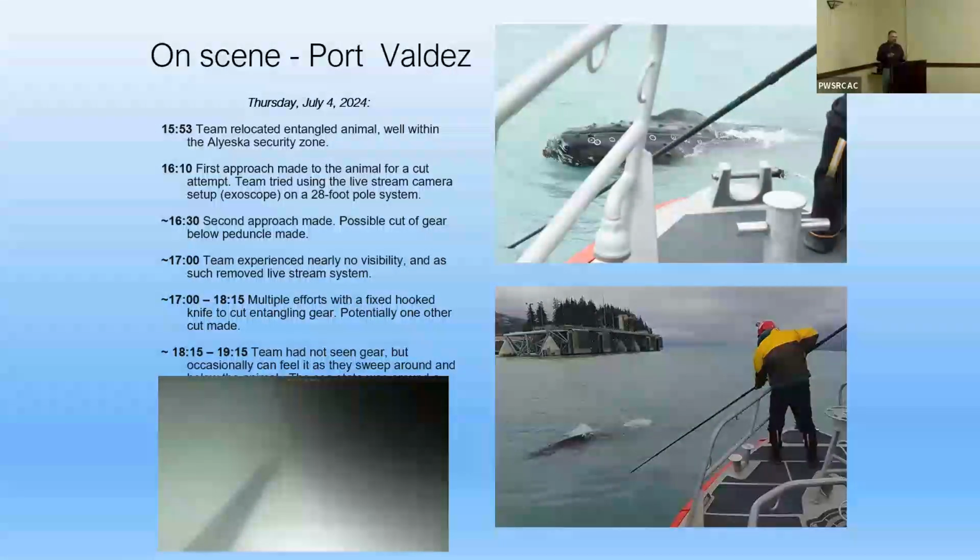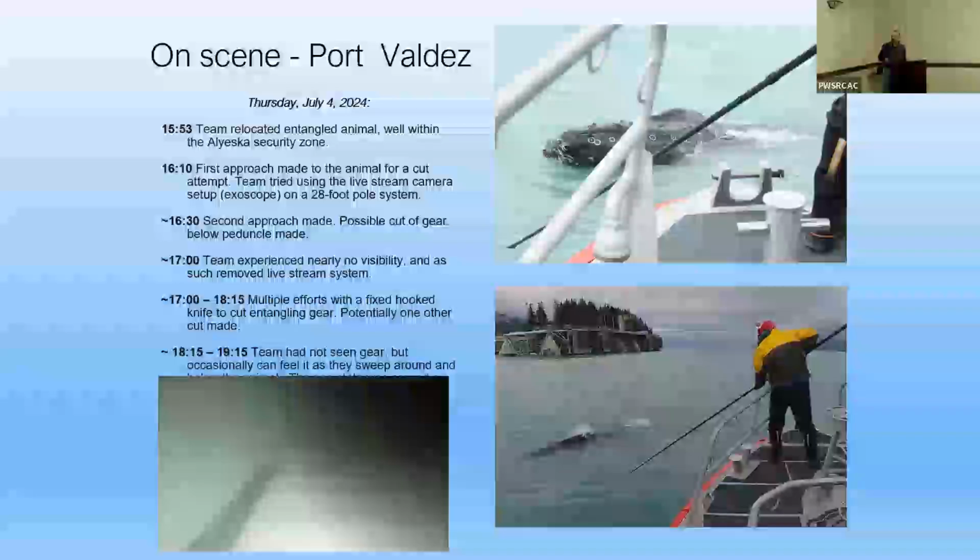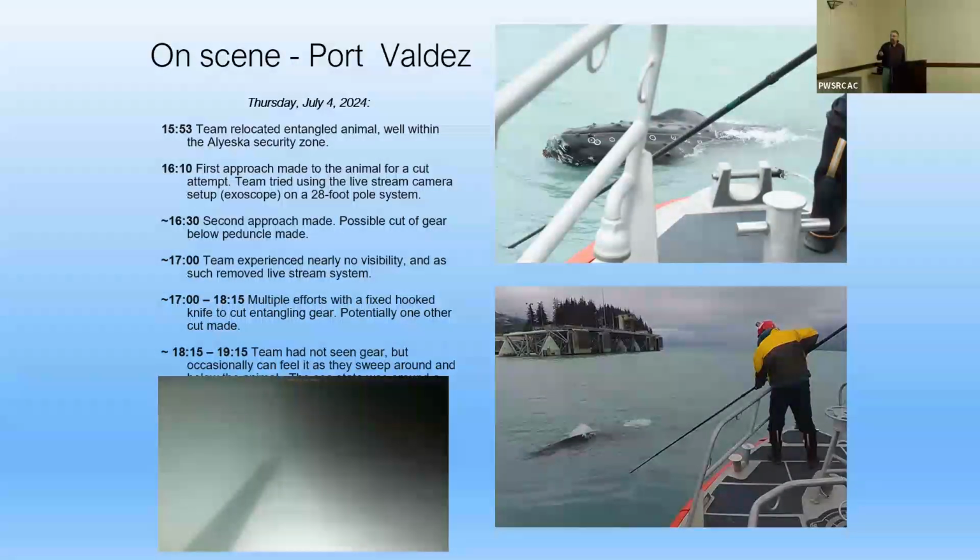Got a little nick of skin one time. Usually the angle's not steep enough. You can't hurt the whale, but this is a smaller whale, but the skin sample is good for genetics, just a tiny piece. So we saved that for genetics to identify the whale. But basically we could not see any gear, and we're going by braille. We tried a bunch of times, maybe did a couple cuts, maybe made some progress, but